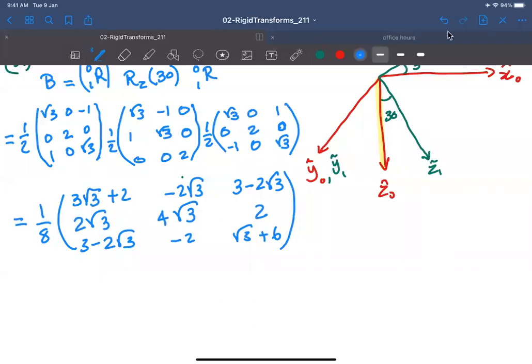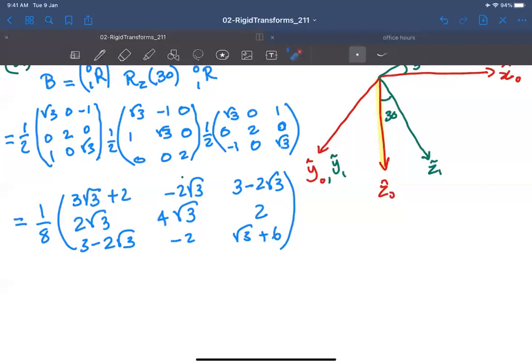So after multiplying in these matrices in MATLAB or in your calculator, I get this matrix here. This is the matrix B, which is defined with respect to frame 1, and is similar to a rotation by 30 degrees around the z-axis in frame 0. Now we would like to find the axis angle representation